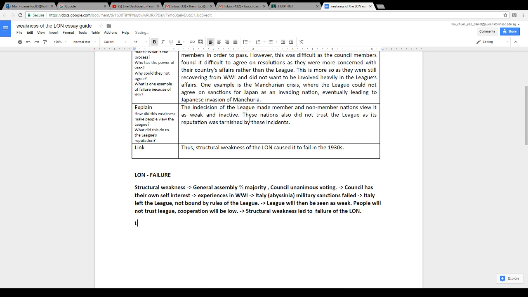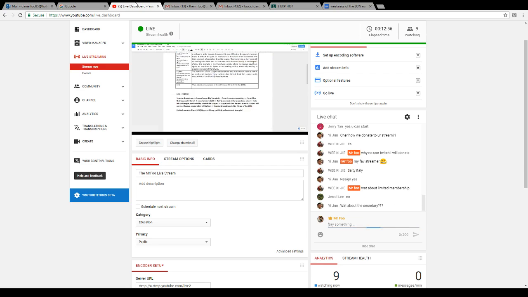Yes, so the other simple reason is limited membership. Why limited membership? You must tell me who is not inside the League, which is the US. Why is the US important? Because the US has the biggest military, political and economic strength. So you cannot harness the military, political, and economic strength of the US since they are not inside the League. And why are they not inside? Because of their policy of non-interventionism and isolationism, which means not being involved in the affairs of other nations. Then you write who else is not inside.